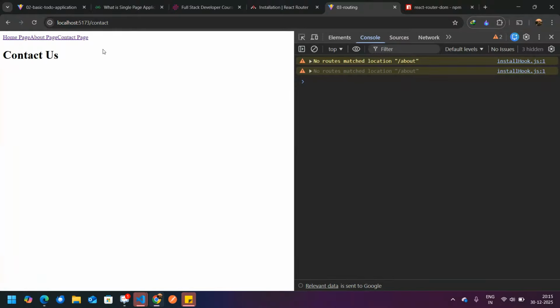Now you see, is this changing? Is this changing, or is this refreshing for a small second? No, nothing is happening. So it means this is what we have created, a single page application where this data is changing, but not this data. This data is static. Whatever we want to change, that element only is getting rendered, and wherever the space we have given to render it, there only it is getting rendered.